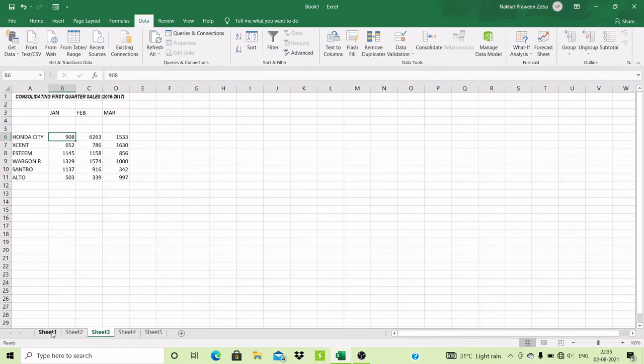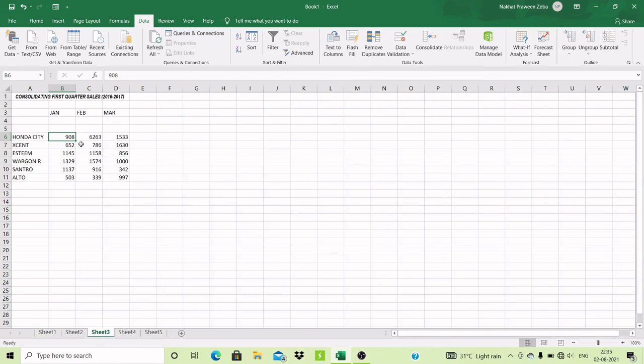So let me just recall whatever I have told just now. First of all, you have to create multiple worksheets. If you want to create multiple worksheets, you have to create sheets and then group these sheets, then enter some data according to your need, right? After that, where you want to paste, you have to observe this, of course.